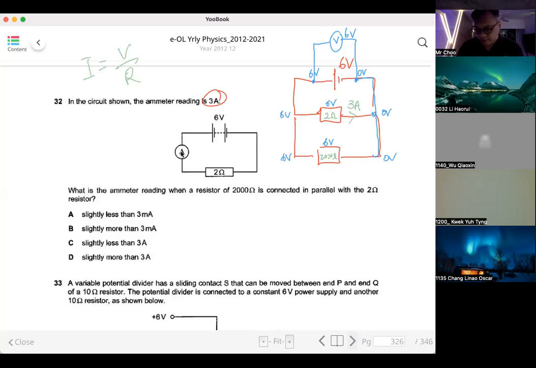Okay, likewise, on the bottom, to find the current, we also use V over R. So V divided by R, you can see this is a very small value, 6 over 2000 ampere. And because they are all parallel, even though there's one more branch, the original branch will still be 3 ampere. The original branch will still be 3 ampere because